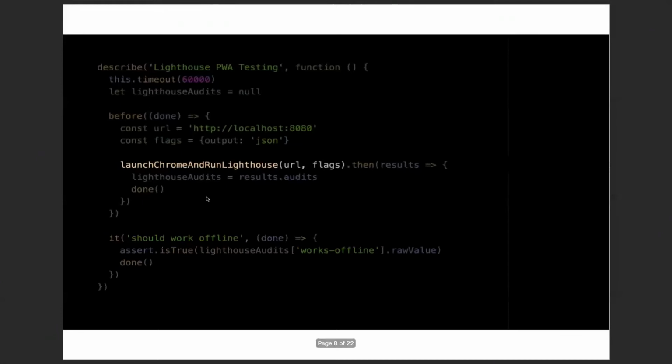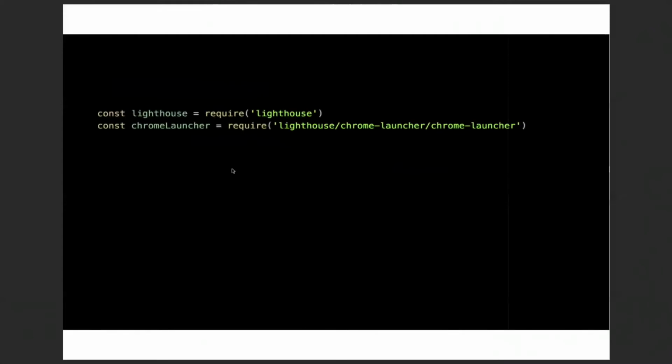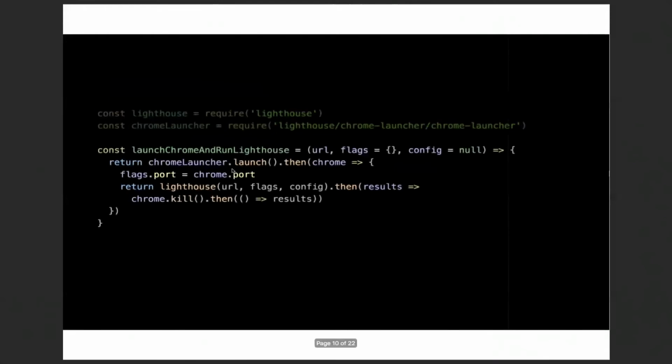Now let's just focus on this method, the one that is running Lighthouse. It needs the Lighthouse module in addition with Chrome Launcher, which can launch Chrome from Node. Then we simply launch Chrome, give the port to Lighthouse, and run Lighthouse on the URL we want to test.